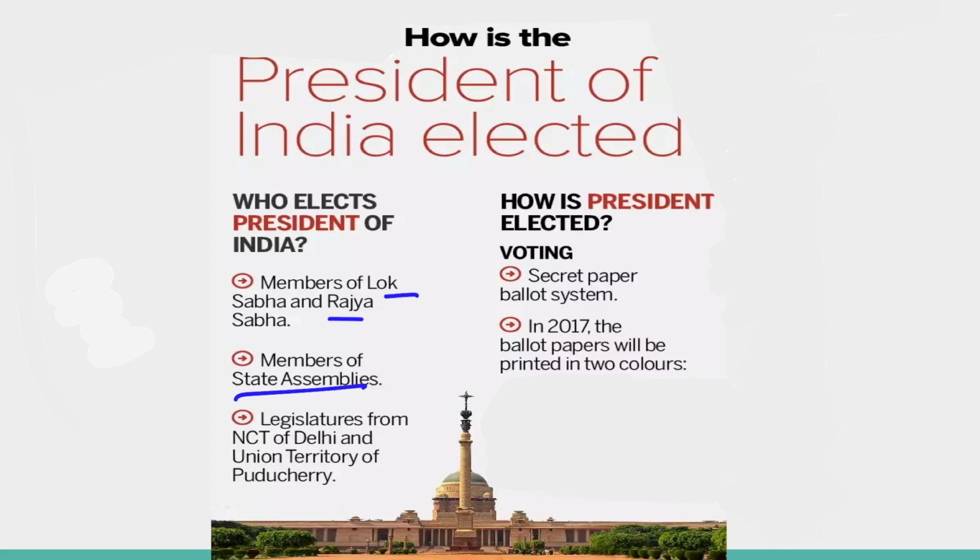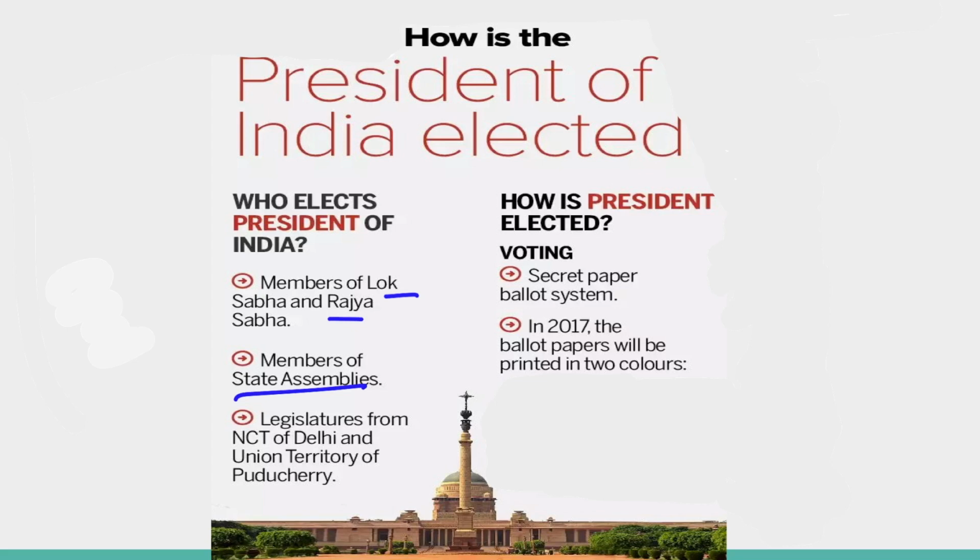The nominated members of both houses of Parliament, that is the Lok Sabha and the Rajya Sabha, and the nominated members of the State Legislative Assembly and the members of the State Legislative Council. Even the State Legislative Council members are not supposed to vote in the President election. And the nominated members of the legislative assemblies of Delhi, Puducherry and Jammu and Kashmir do not participate in the